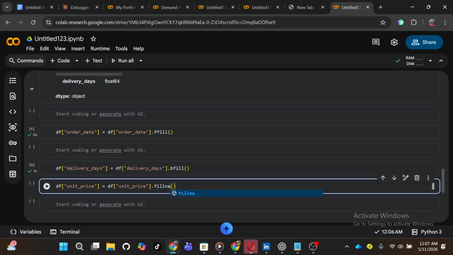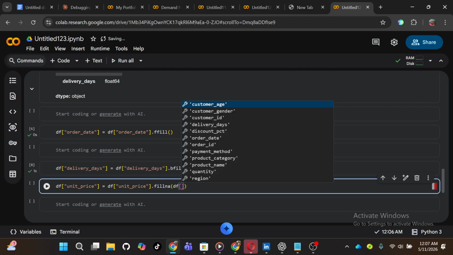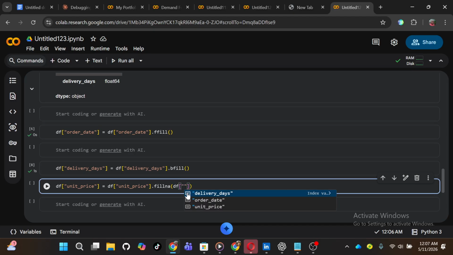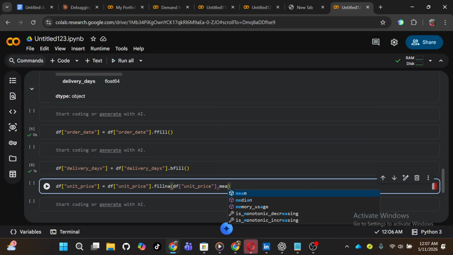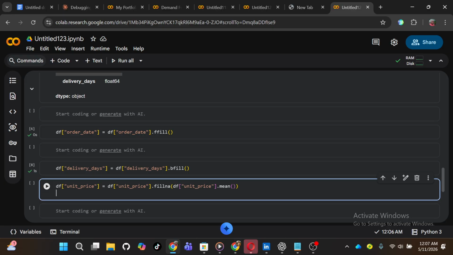This is going to take a little bit of coding, if I should say so myself. We now say df, then we put the value in brackets and say unit price, dot the mean. What this is simply telling Python is to fill the null value with the mean value. By the time we run it, since we are using mean to fill two values, we go to the next value so that we can run it together,